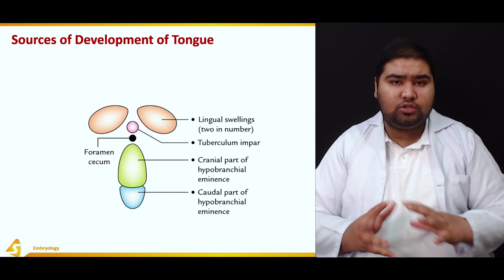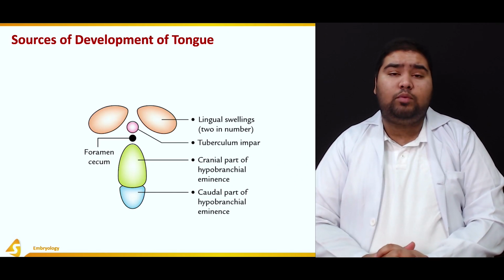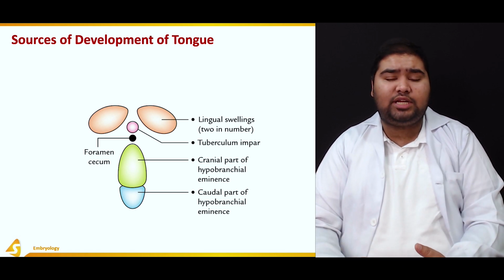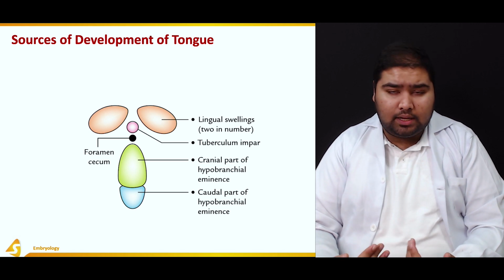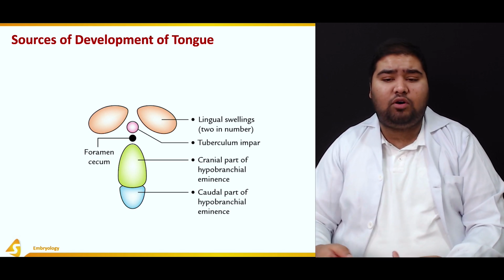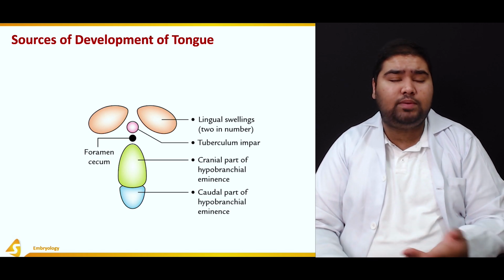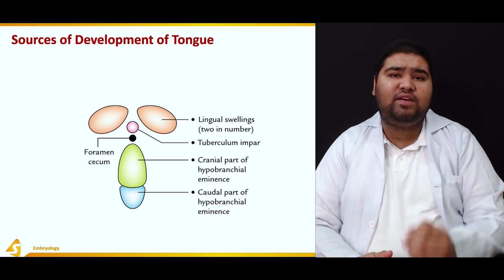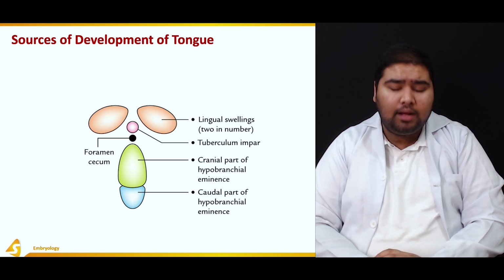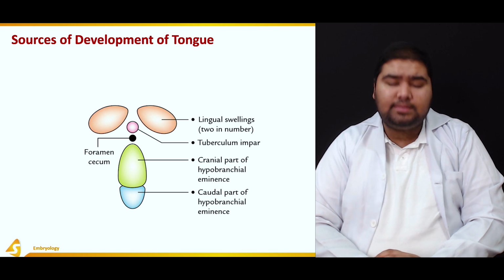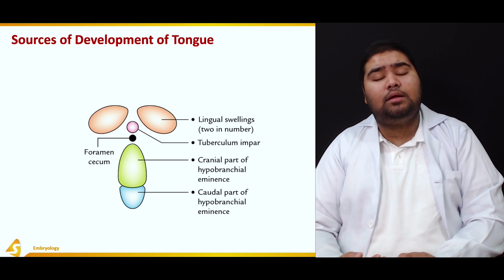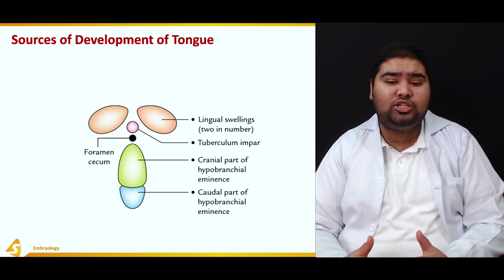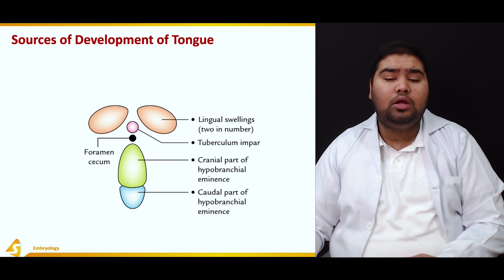So first of all, the sources of development of the tongue. We talked about this before. The tongue has been developmentally divided into two parts. The first part is formed by the lingual swellings and the tuberculum impar, which is known as the oral part of the tongue. The pharyngeal part of the tongue is formed by the hypobranchial eminence. The hypobranchial eminence with the passage of time undergoes subdivision to form a large cranial part and a small caudal